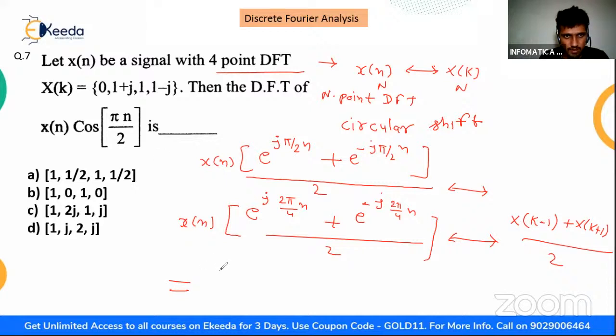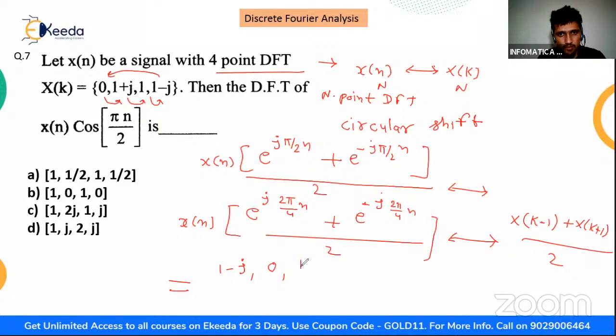So what will it be? 1 minus j, because the last term will come here, circular shift. This will go here, this will come here in right shift, this will go here, and this will come here. So 1 minus j, comma 0,